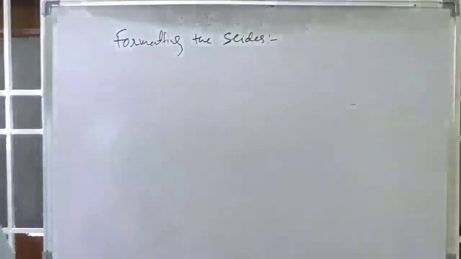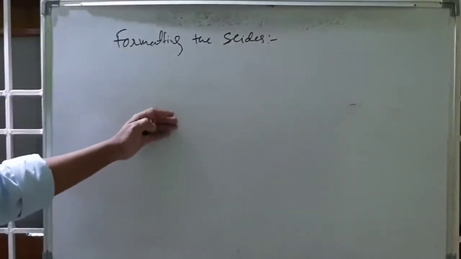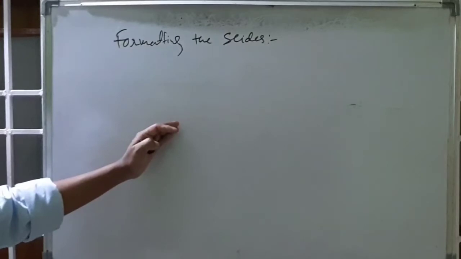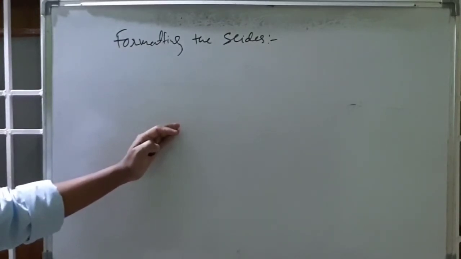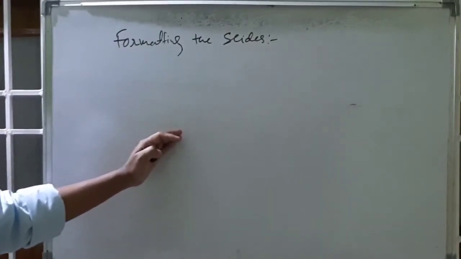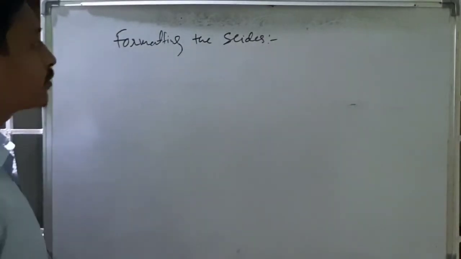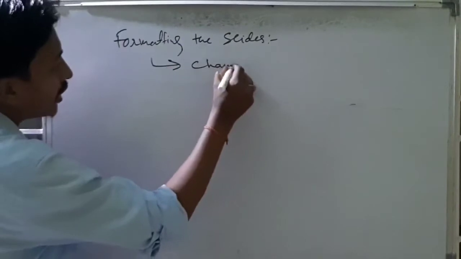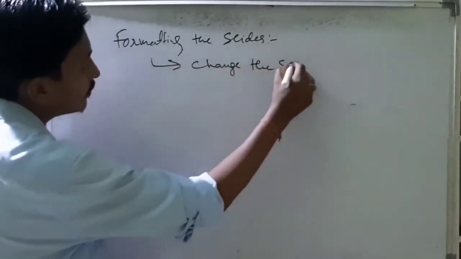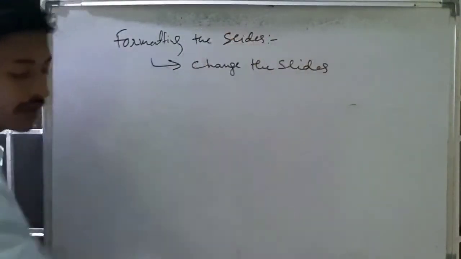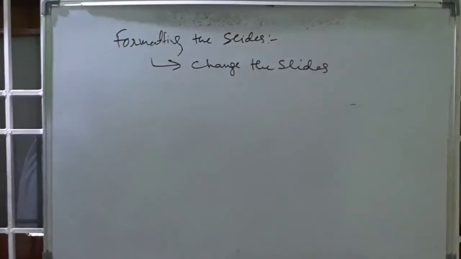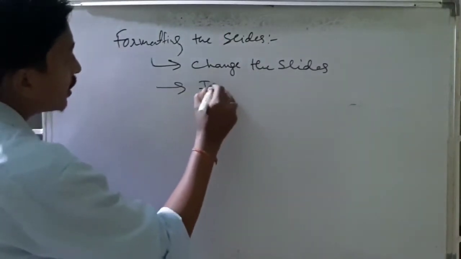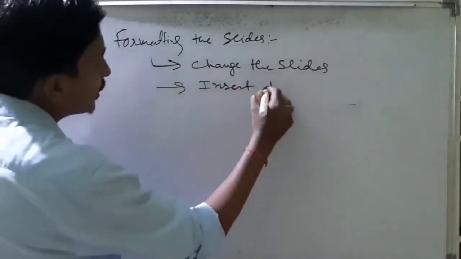Okay. Now see, slides in PowerPoint presentations can be formatted by inserting text, applying themes, adding background and header and footer. So means what? We can change the slides. Okay, we can insert text, applying themes. We can also insert themes,